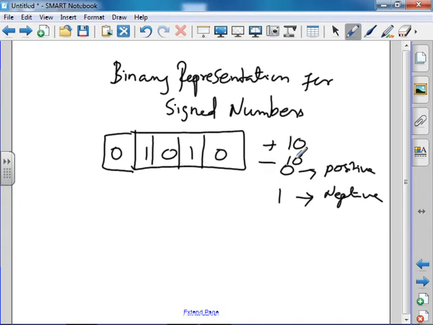Now, this is called the most significant bit, MSB. What's the use of this bit? It is used to specify the sign of the number. This bit is used to specify the positive or negative sign of the number, and also this is called the parity bit checking. We will study about the parity bit in the next chapters.